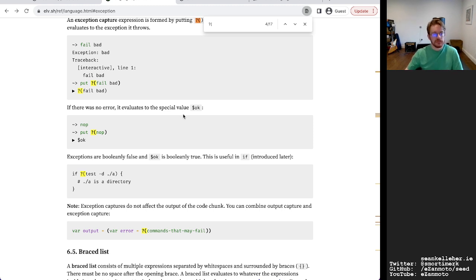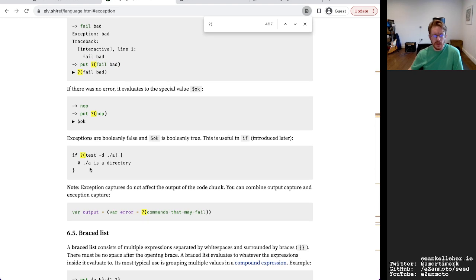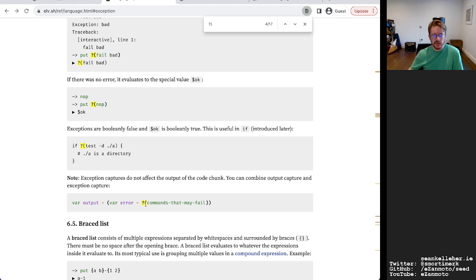Now, one seemingly obvious potential limitation here is that you can't actually get a value back from here. So we've got commands that may fail that can return an error, but what if it returns a value? So exception captures don't affect the output of the chunk code. You can combine output capture and exception capture.